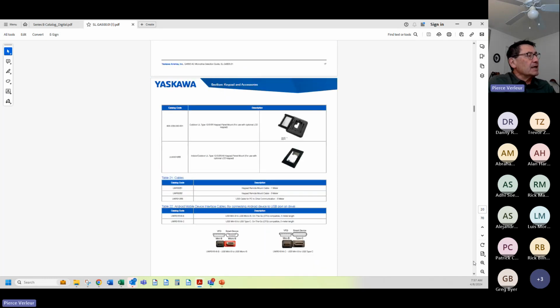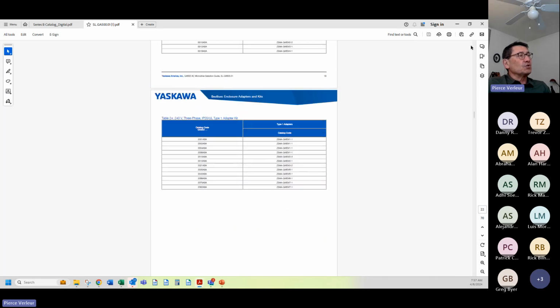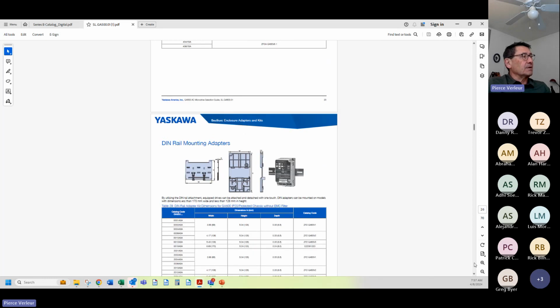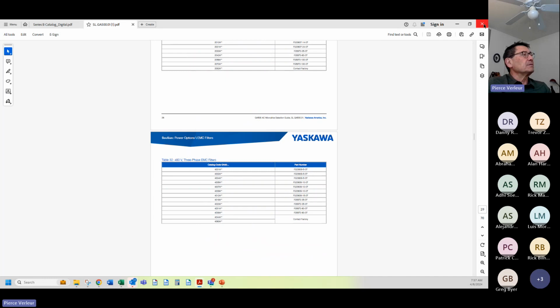So that's the selection guide. Every different aspect of what's available on it, even including a definition, because I can never remember whether it's mini or micro. And I said micro earlier to plug into the GA500 programming port. I was wrong. It's mini. I would definitely use this as your main document in terms of specifying the product. But we want to talk about GA800 now,